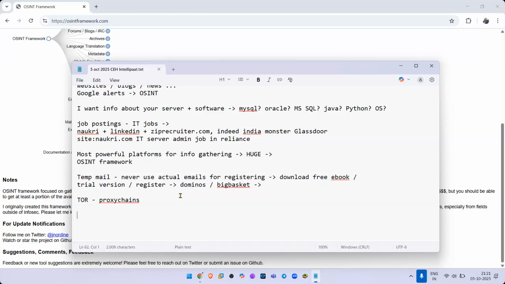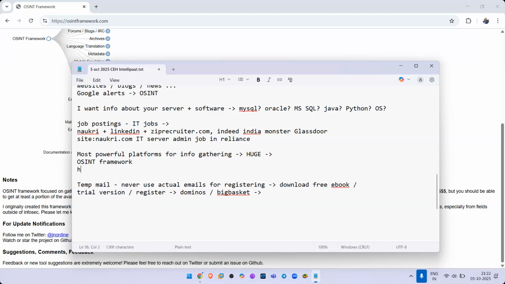Before we went into the OSINT framework, we discussed the Have I Been Pwned site, and we saw that almost everybody was hacked sometime or the other. So how to create your own temp mail? Temp mail is not fake mail.